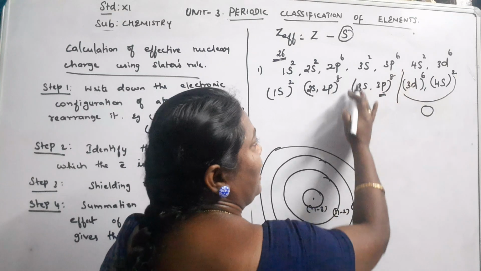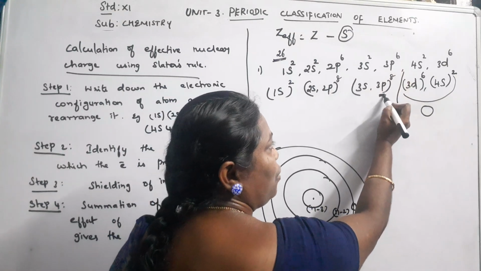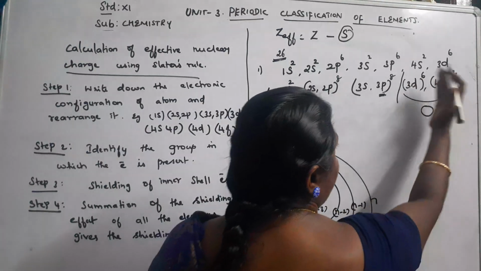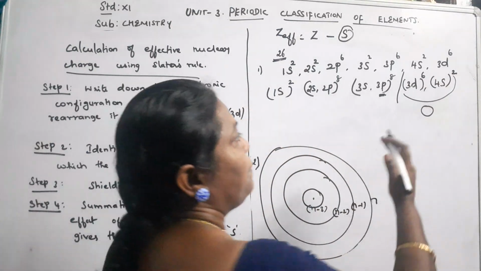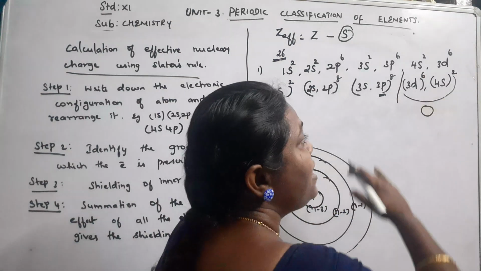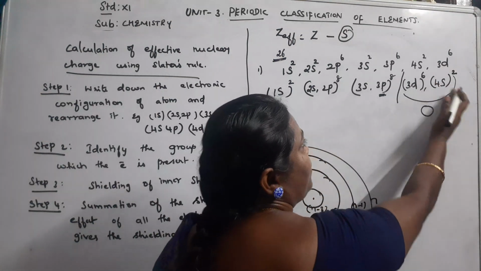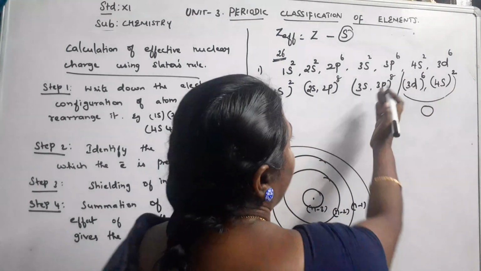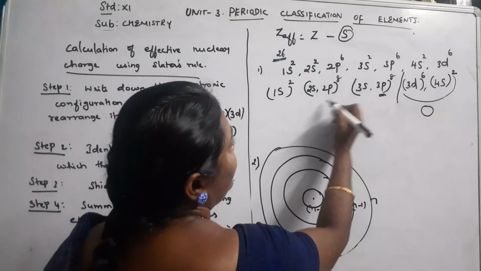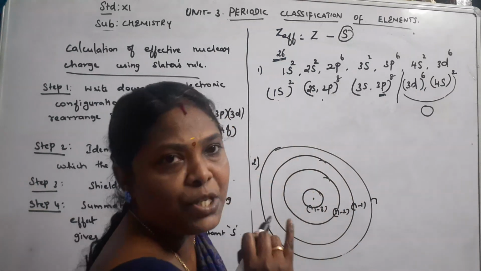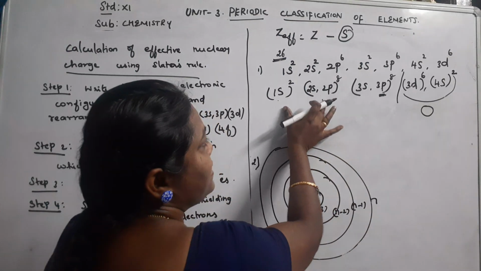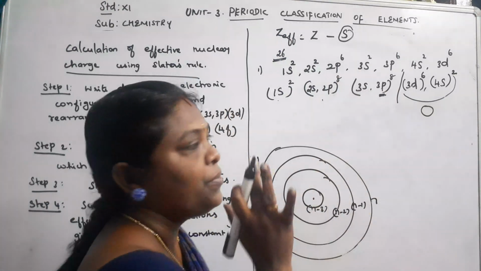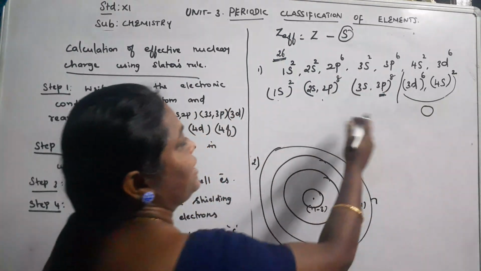So if you are going to calculate the shielding effect for an electron which is present in 3p orbital, if any other orbitals are present to the right of this orbital, they do not contribute any shielding effect for these orbitals. Therefore totally it can be considered 0 or just omitted. Therefore the shielding effect is due to this orbital as well as between these orbitals only. These only screen the electrons present in 3s and 3p. Have you all understood?